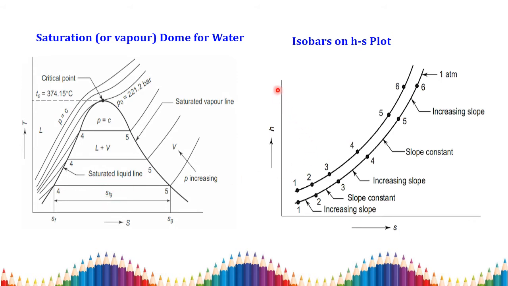And we also have the HS plot. In the HS plot, we observe that in the 1 to 2 process we have an increasing slope. So we have the diagram like this, with an increasing slope. If we draw the slope between 1 and 2, we have an existing slope. But in the 2 to 3 process, we have a horizontal line. The slope is constant, so no slope is exhibited. In 3 to 4 it is the same process. For example, here you see 5 to 6, which is an increasing slope; we can draw the slope like this. But 4 to 5 we can draw the slope as well.